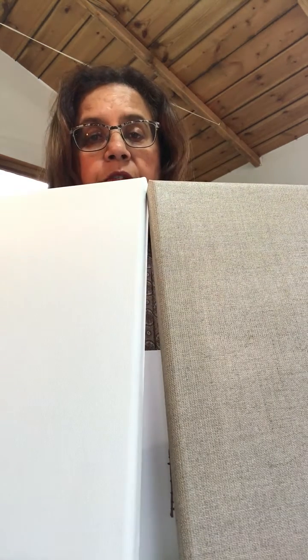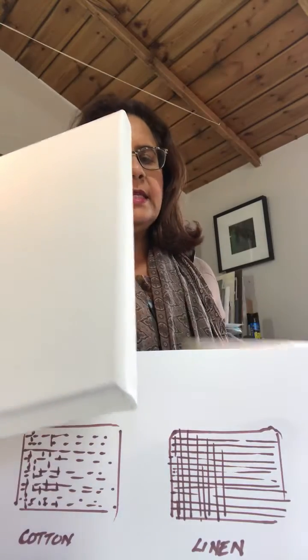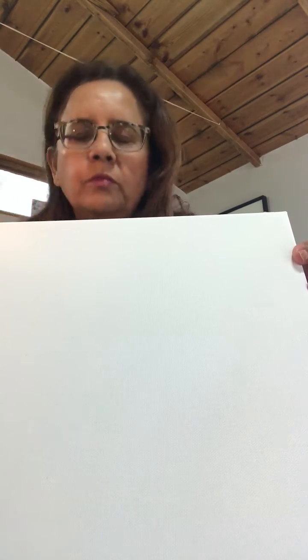So there we are. You can see the difference between the cotton and the linen. The cotton one is primed, the linen one isn't primed, and I'll talk about that a bit later on too. Some of you probably frame and stretch your canvases at home, and I used to, but I find for the small ones I just buy them. My only hesitation is